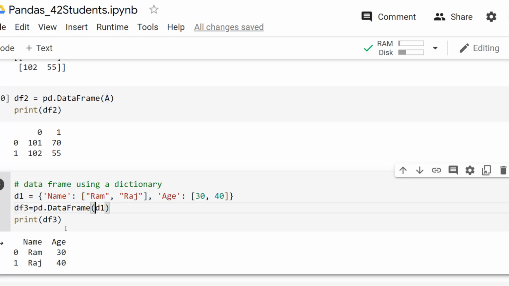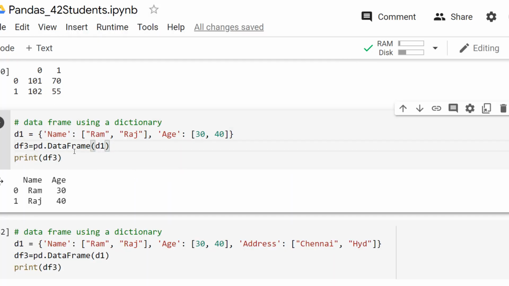It is also possible to create a data frame by passing a dictionary as an argument to the data frame method. So now let's create the dictionary first. Here, D1 is created as a dictionary where name is the first key, and the name key is associated with a list of elements. Ram and Raj are the names of the students, and age is another key where the list of ages is attached as values to the age key. While creating the data frame, each key-value pair becomes a column in the data frame.